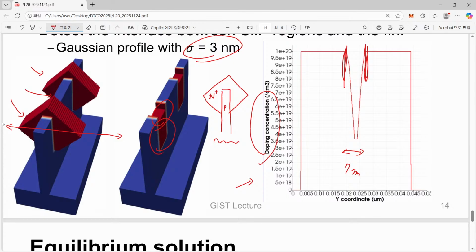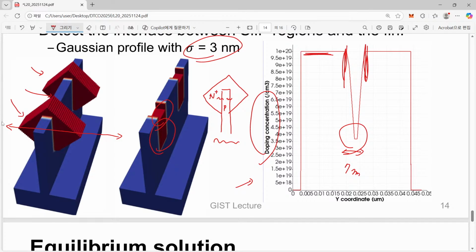So during that, we can expect a certain kind of dopant diffusion into the fin. That's the reason why, although not as high as the original level we have assumed, we can have a relatively lower amount of